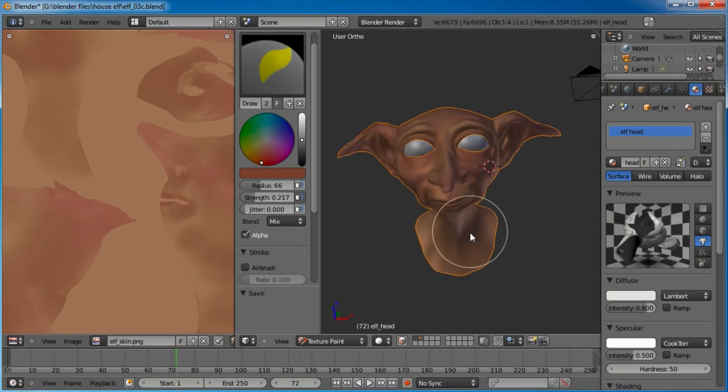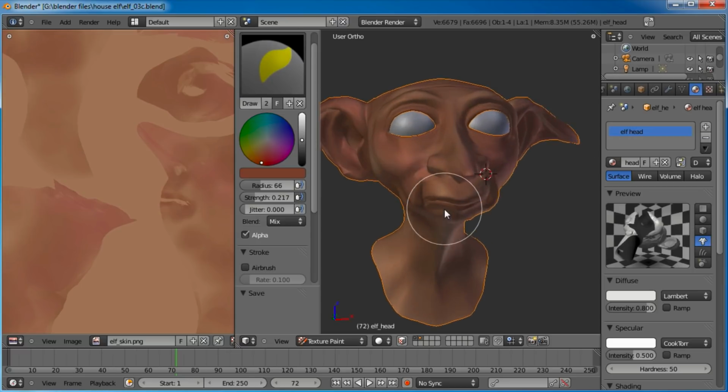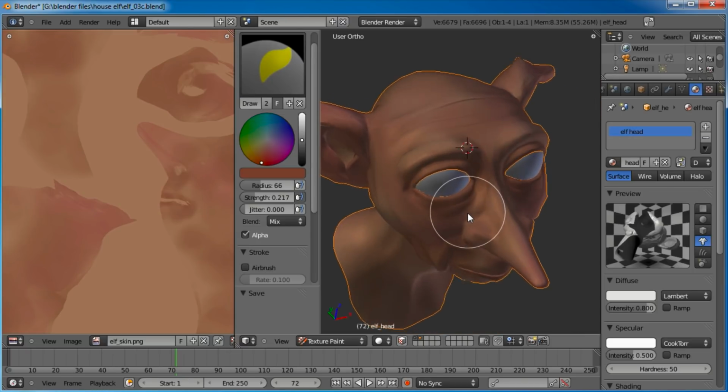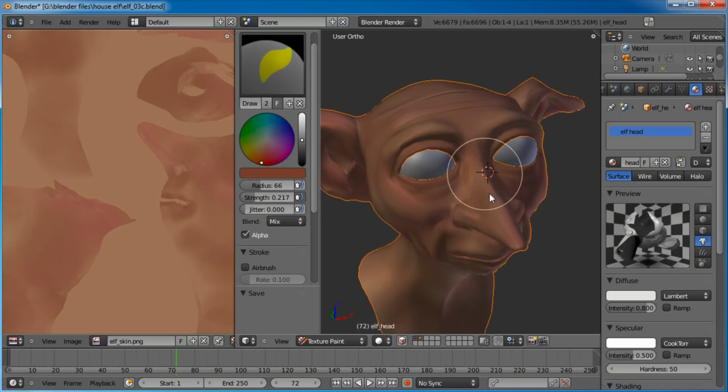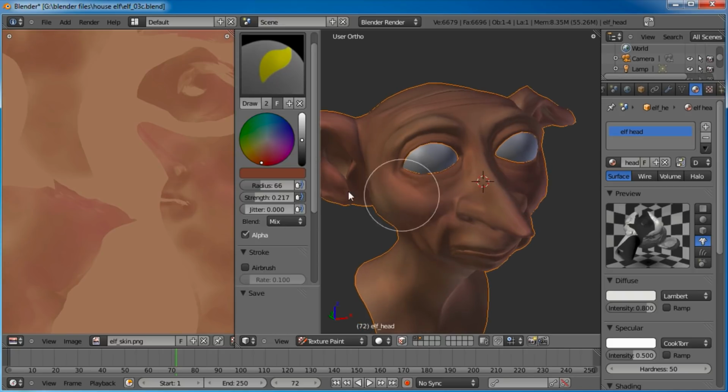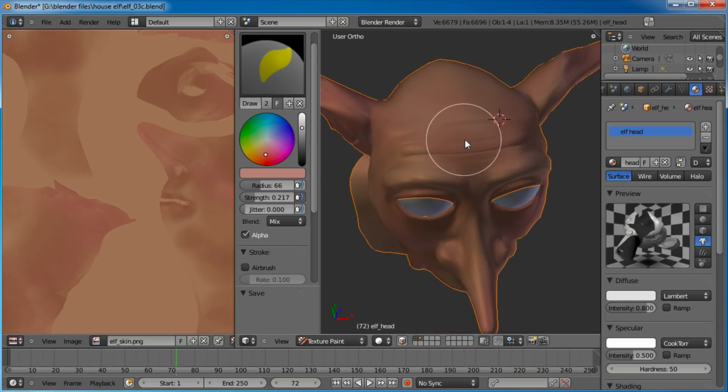Okay, this is starting to look pretty decent, I think. Now what I'd like to do is add some lighter areas, like around the eyebrows and maybe on top of the forehead, and then down the middle of the nose and on the cheeks a little bit. So let's get that pinkish tone back, brighten it up some more. About right there. And then brighten it up. Okay. And now we'll go in here